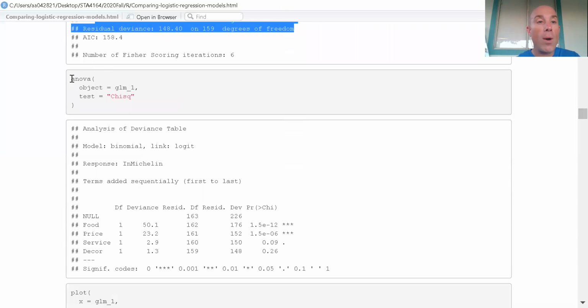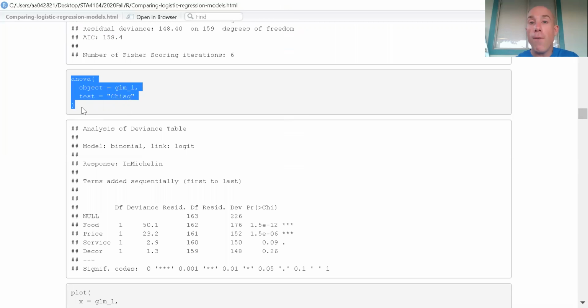And how I get at this is I do use the ANOVA function, but I'm not doing the ANOVA test. I'm just using the ANOVA function to call the test I want. So what I do, I say test equals chi-squared, and R is going to select the right statistics from my logistic regression model and compute everything for me. All right, so when I do that,